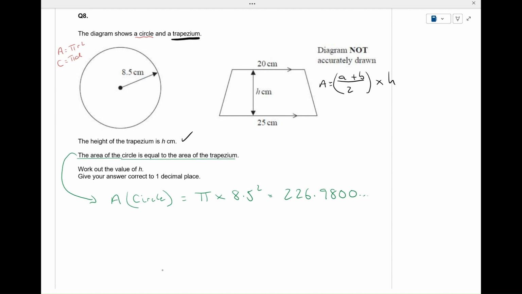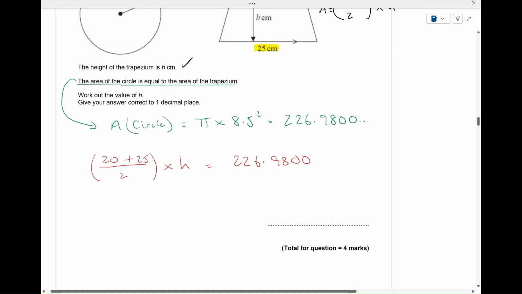So the area of the trapezium then is 226.9800. And the area of the trapezium, look, I can do that with a formula, can't I? It's 20 plus 25 divided by 2 times h. That's the area of the trapezium, and that equals